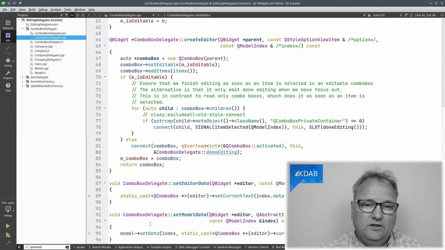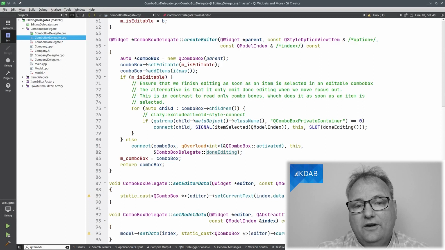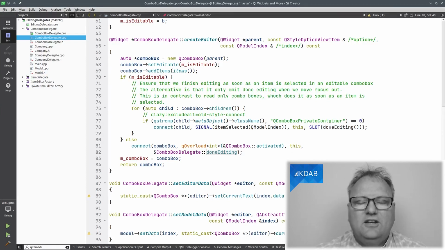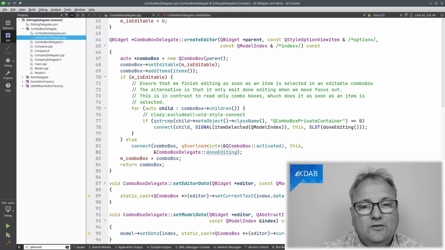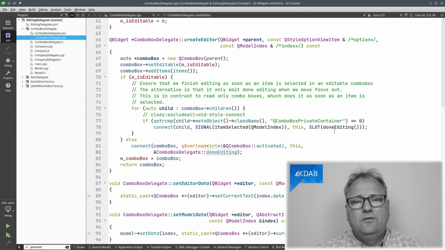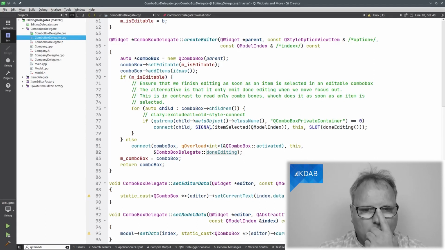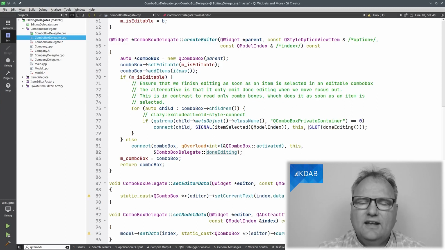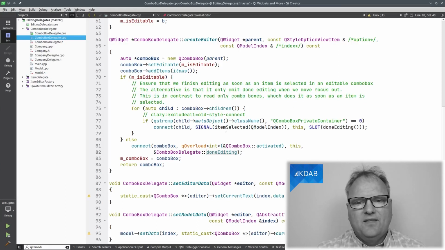The other situation where I was an editable one, that one caused me quite a bit of headache. And you can see there's a lot of comment here going on. What I needed to do was I needed to find inside that one, there was a QComboBoxPrivateContainer, and I needed to find that particular one and listen to its item selected signal. And when that happened, it goes into the slot. And using here, you're just like, what's the matter with you, Jesper? It's 2022 and you're still using that old pre-C++11 syntax here with strings. And yes, I am, because I don't know the actual class.